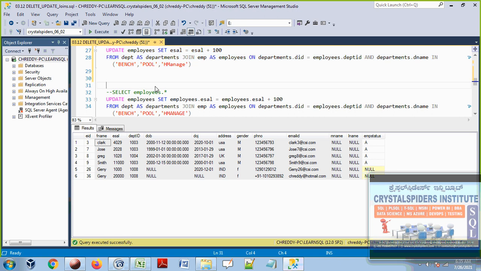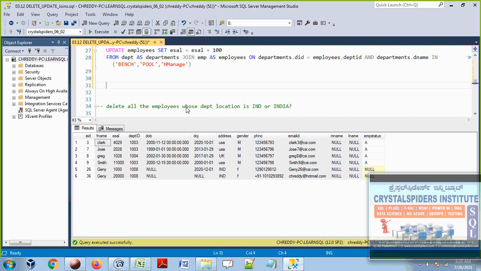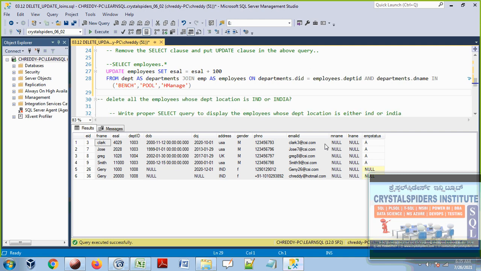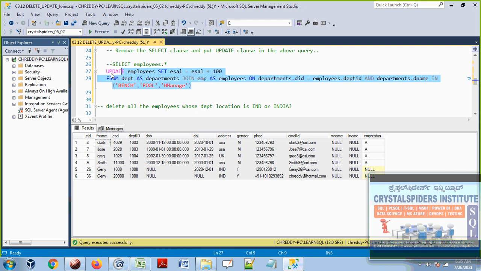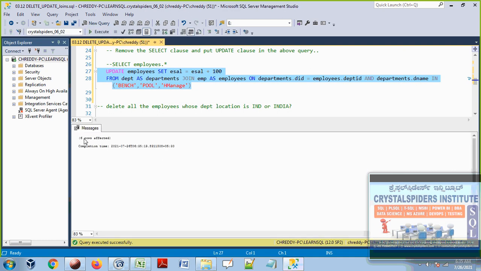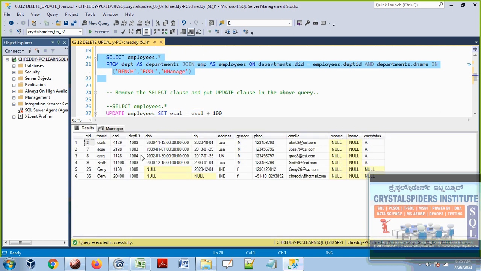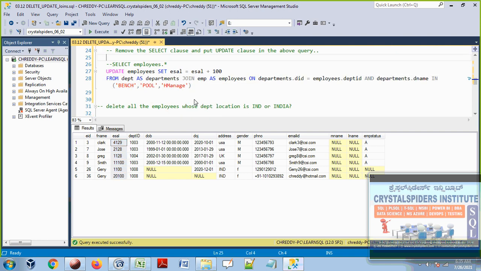So this is how we are going to write the SQL queries by using the joins. This is what update commands by using the joins look like. In a similar way, we are going to write delete commands also. So if I execute this one, guys, for all these employees, 100 rupees will be added. 6 rows are affected. Let's go back and check their salaries. You see that now 100 rupees is added everywhere. So this is what, guys.